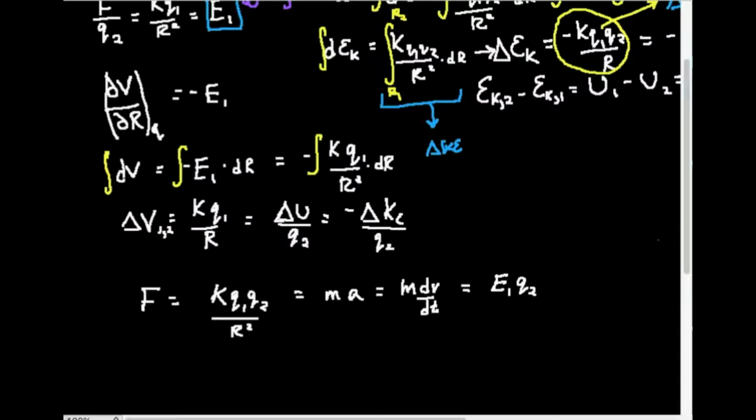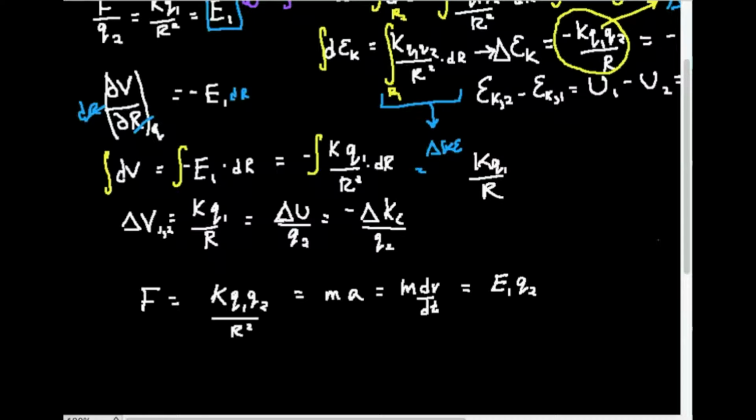So what can I do to calculate the voltage? Well, I'm just going to multiply both sides by dr. Right? So I'm going to cancel this dr, so I get that the integral of dV, which is the voltage or potential, is equal to negative integral of electric field dot dr. I can take the expression for electric field, KQ1 over R squared dr, and what do I get when I do that? Well, when I actually evaluate this integral, it's actually going to be